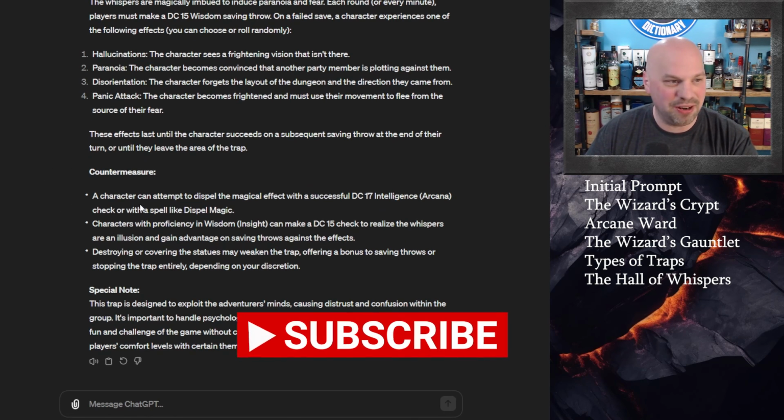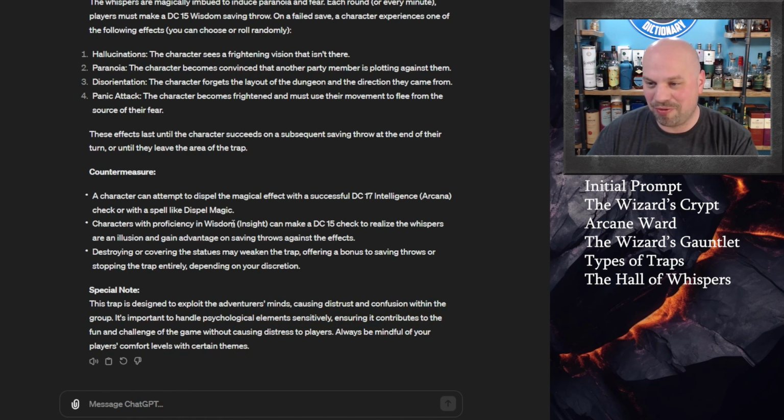Countermeasures. Okay. A character can attempt to dispel the magical effect with an Arcana check. Characters with proficiency in Wisdom (Insight) can make a check to realize the whispers are an illusion and gain advantage on the saving throw. Now, I like this because it's not just that you don't hear them,